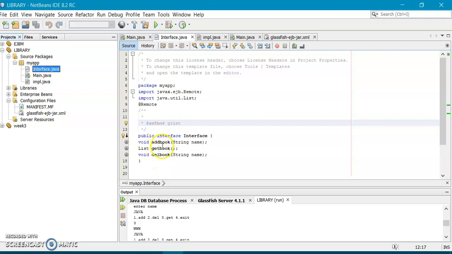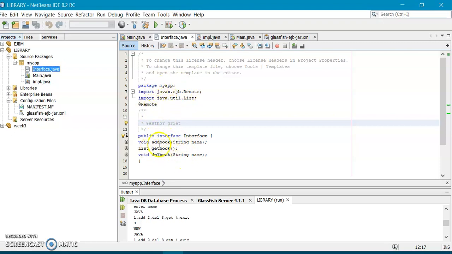So you write these abstract methods here, and here I am using java.util.List, since I want to store the list of books. And then here I am annotating it as Remote. When you annotate it as Remote, this acts as a remote interface. Okay, you know what a remote interface is. In order for this interface to act as a remote interface, you write it as Remote.